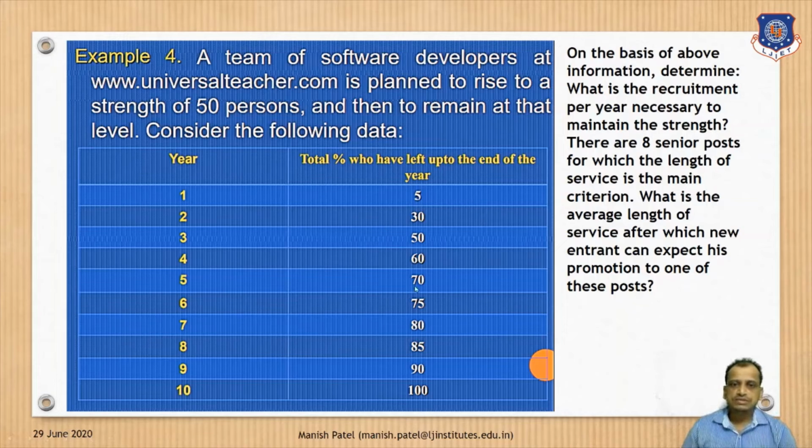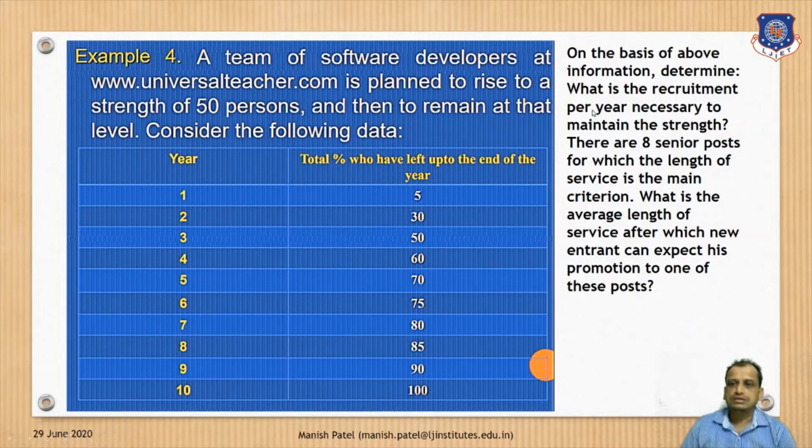Here the percentage is given of people who have left this team. Clear? Understood? 5%, 30%, 50%. So at the end of the 10th year, no one will be there. 100% have left. Clear? Now based on this information, what the company wants to do is